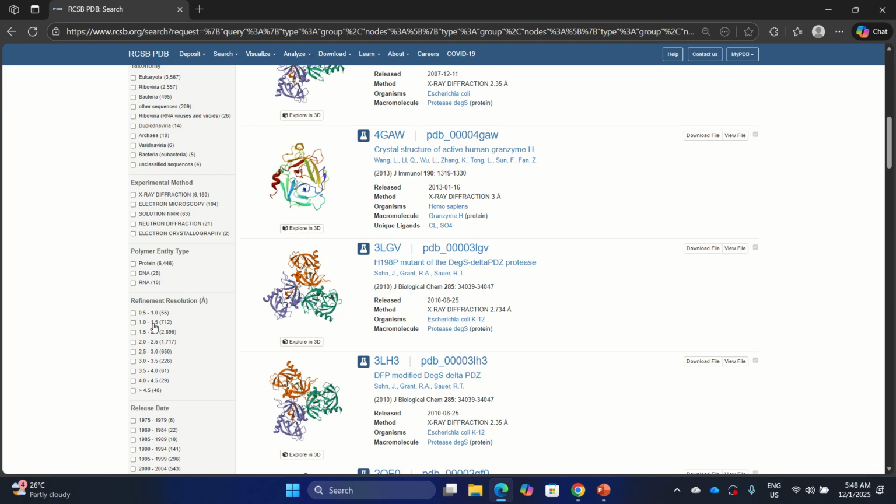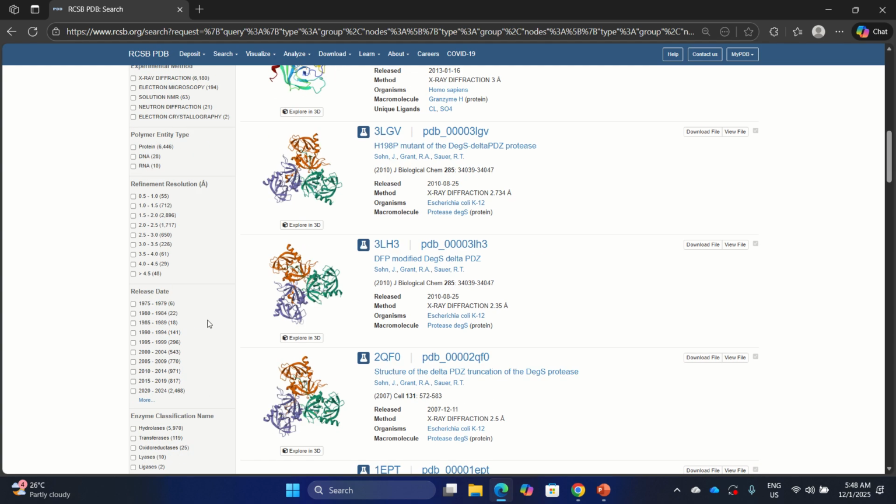For 1 to 1.5 angstrom, we have 712 structures. And for 1.5 to 2.0 angstrom, we have 2,896 structures. For resolution, the smaller the better. A resolution of 2.0 is generally considered good.